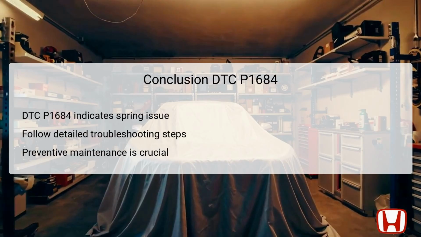the future. In conclusion, DTC P1684 signifies a throttle valve return spring performance problem, a crucial issue affecting engine performance in the Honda Odyssey from 2011 to 2017. Through diligent troubleshooting steps, including observations of throttle behavior, inspections, and connections, technicians can identify and rectify the specific cause